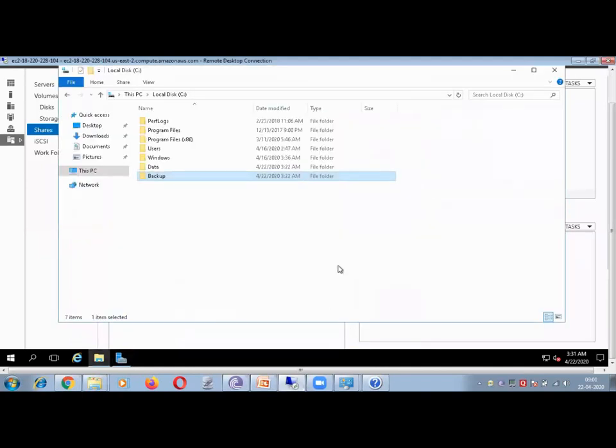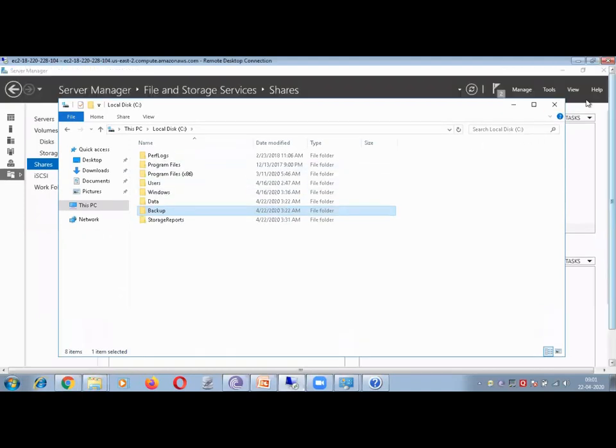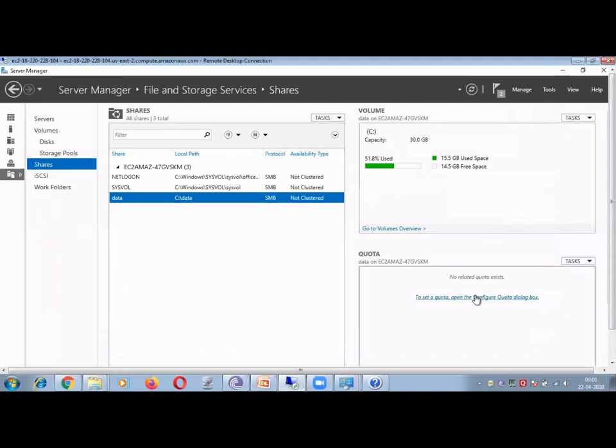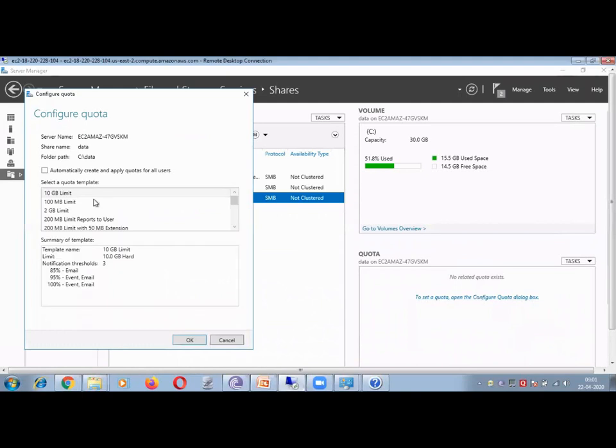Good. Now go and enable the quota. Go back. Click. So you can enable the quota so that, let's say, each user can store up to only 100 MB. Click that and say okay. So it means that the 100 MB quota will get implemented, and the user will get notified once they have 85% of their quota full.